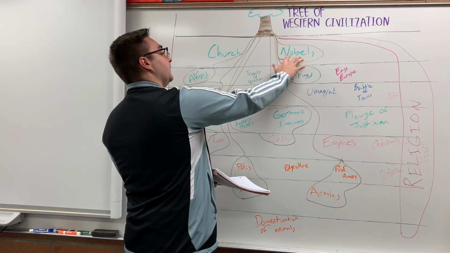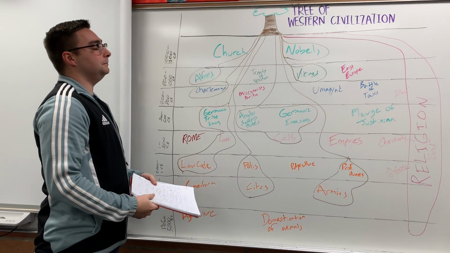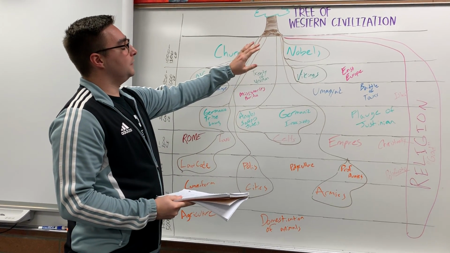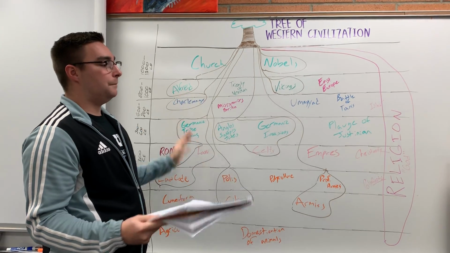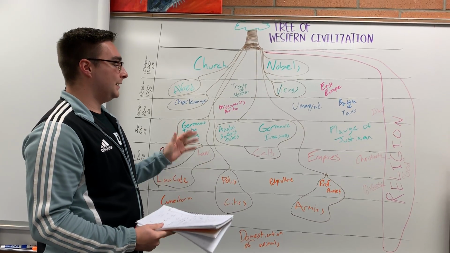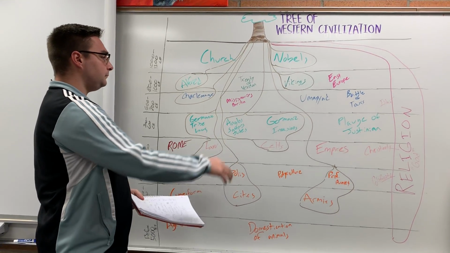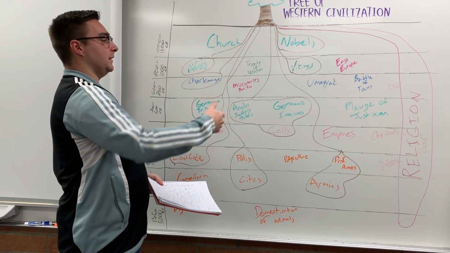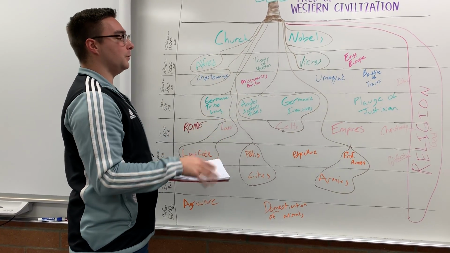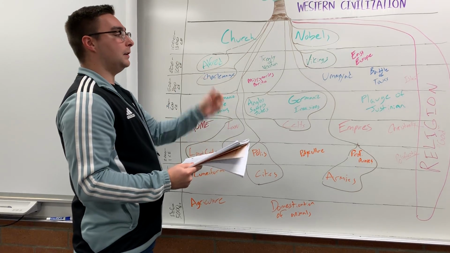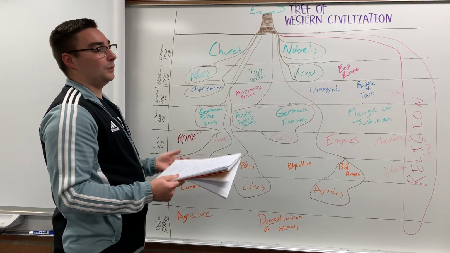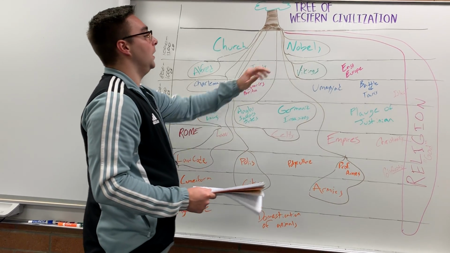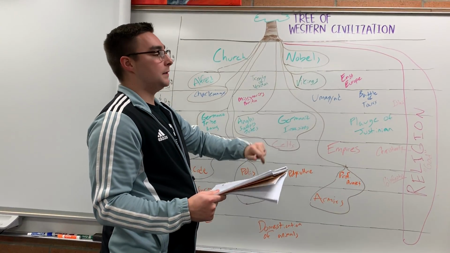I put nobles up here. This is kind of the last thing we've talked about, the nobles, because at this time there's lots of poor people, there's peasants, there's armies and things like that. There's so many people. And it's the nobles, the higher class of people, who the kings at the time rely on mostly. The nobles own land, they have few